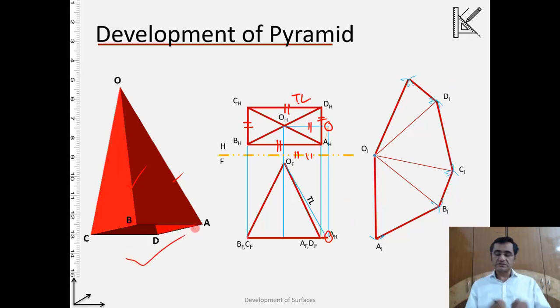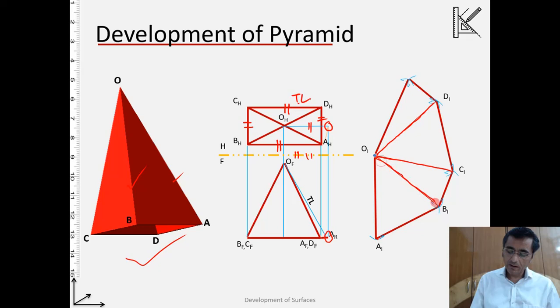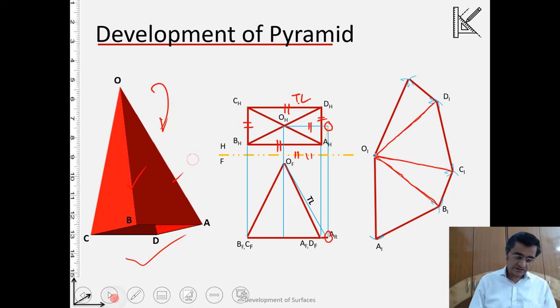So the meaning of this is, if you cut a metal sheet in this manner so that it can be folded about these lines, once you fold it, it will give you a pyramid. Let us see one more case,